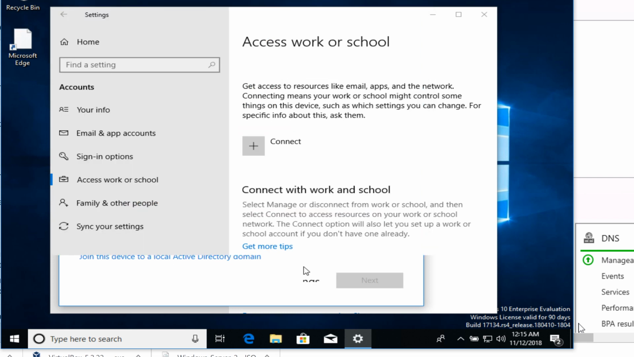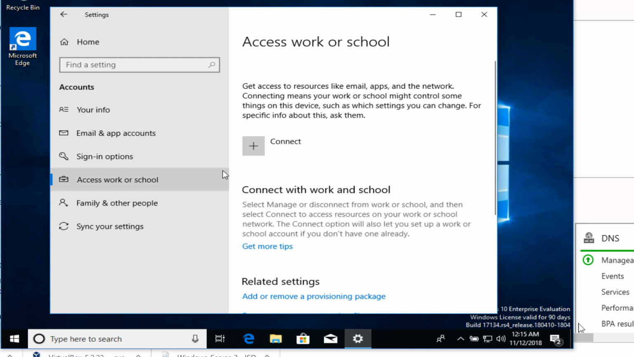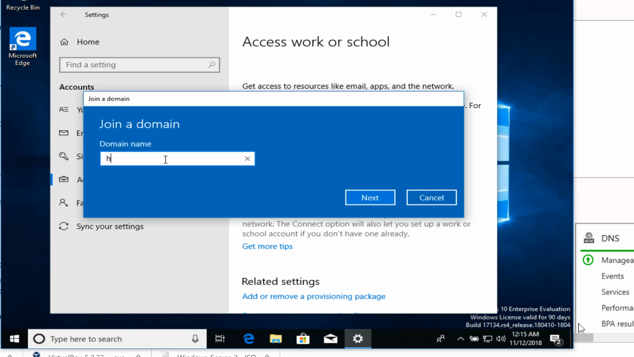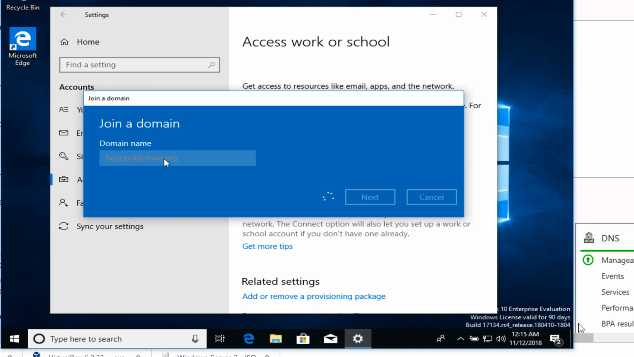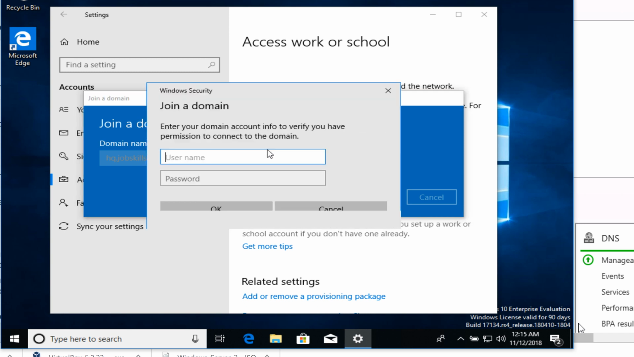So here we're going to click on Join this device to a local Active Directory. And we should get a response now from our domain controller. So if I just type HQ, nothing with that. If I type hq.jobskillshare.org, it is going out and getting a reply, and got the reply. So remember, we added a help desk account. So if everything is working correctly, I should be able to just type HQ help desk and put the password,